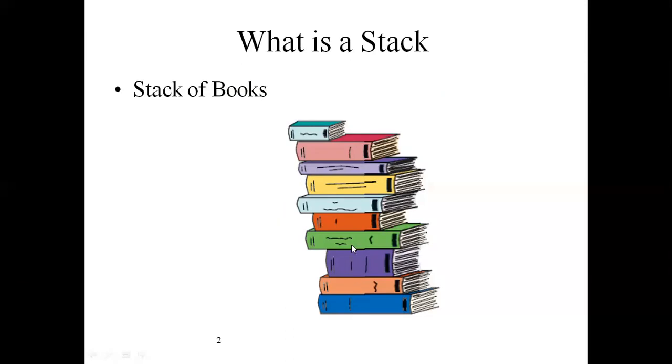For example, 1, 2, 3, 4, 5, 6, 7, 8, 9, 10. Total 10 books are placed. If you give the number for these books, up to 10 books are placed here. Okay. So after that,